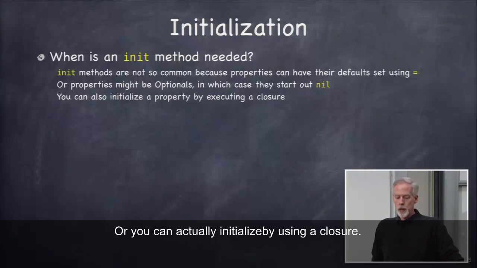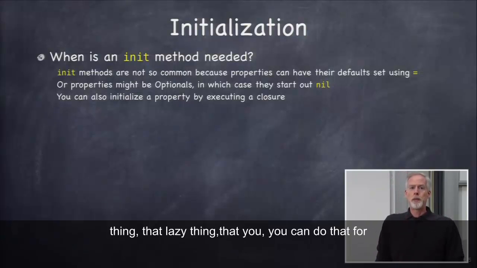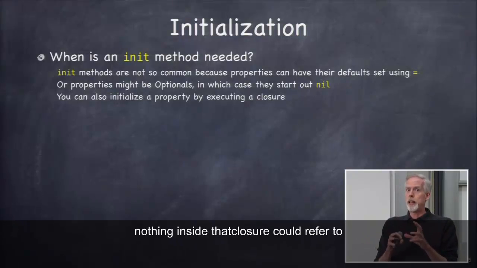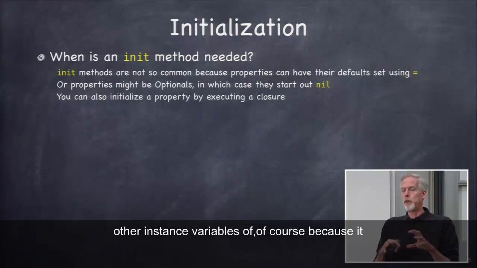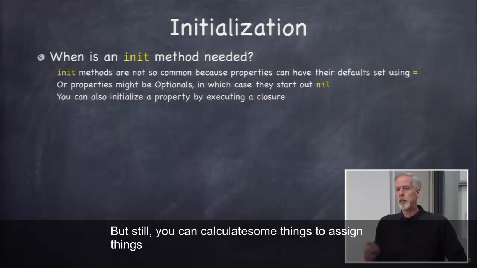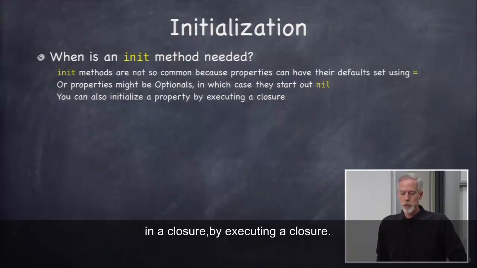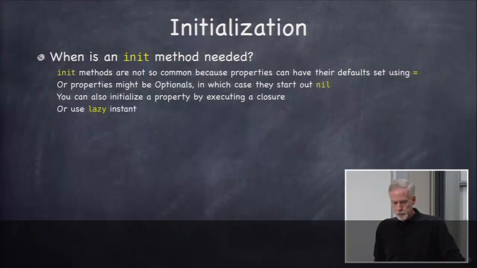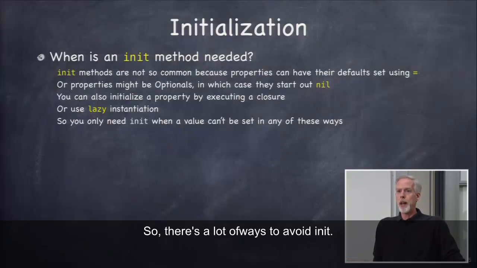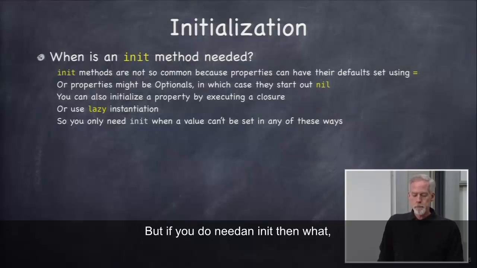Or you can actually initialize by using a closure. As I showed on the previous thing, that lazy thing, you can do that for non-lazies: put the closure thing there and execute it. It'll get executed right away, and nothing inside that closure could refer to any other instance variables, of course, because it would be executing before the initialization was done, but still, you can calculate some things to assign in a closure by executing a closure. Or you could just use the lazy mechanism to avoid needing an init. So there's a lot of ways to avoid init. But if you do need an init, then